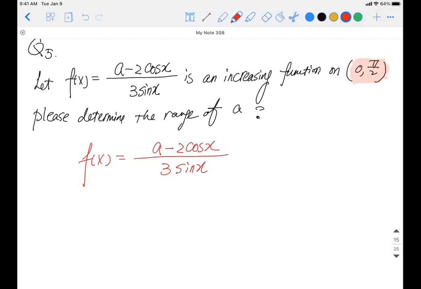I want to say this is an increasing function, decreasing function, so on and so forth, right? But this function actually has two different things, two different variables. Let's say one is cosine, one is sine. Even though they both take x as the variable, sine and cosine are two different things, right? They're not the same thing.